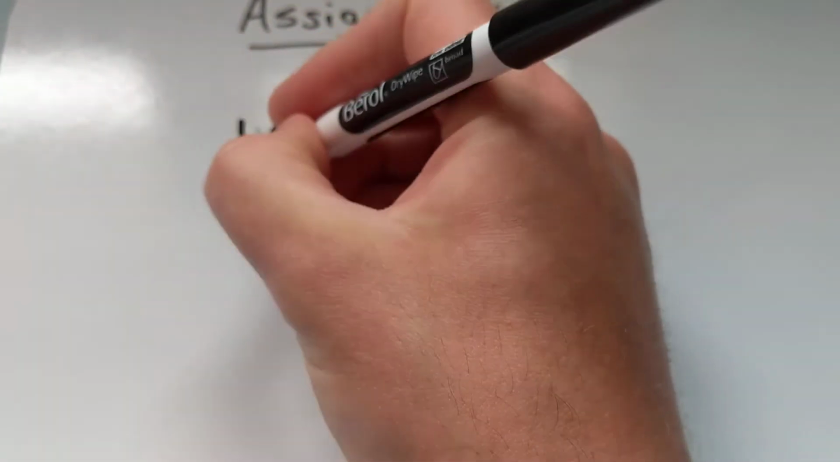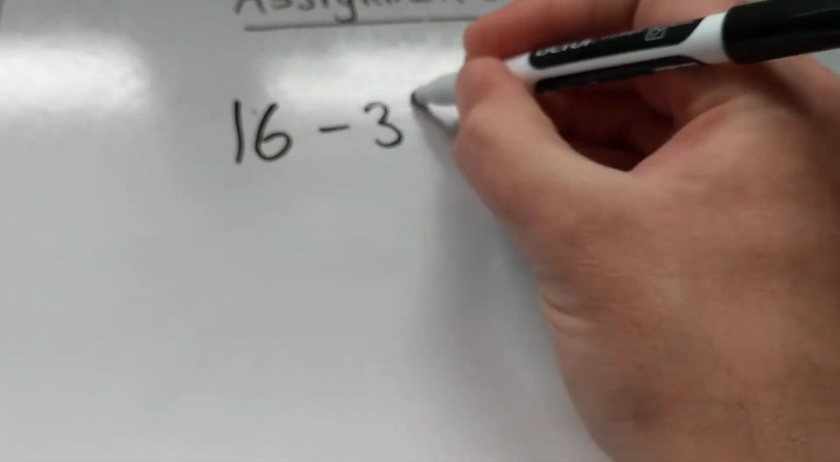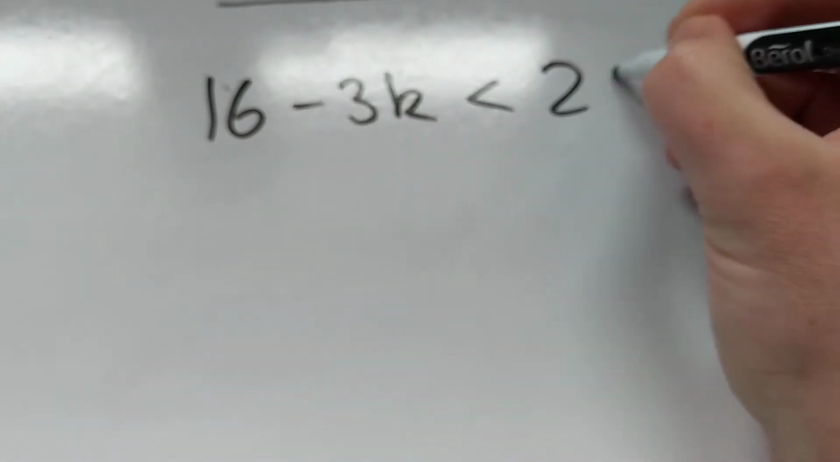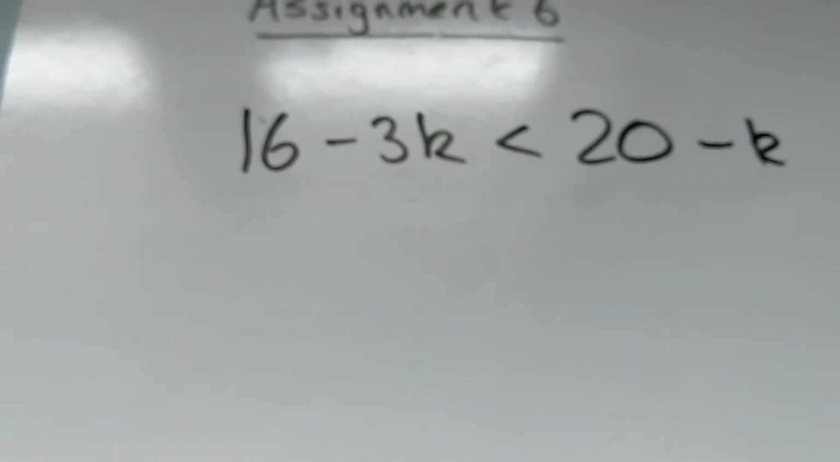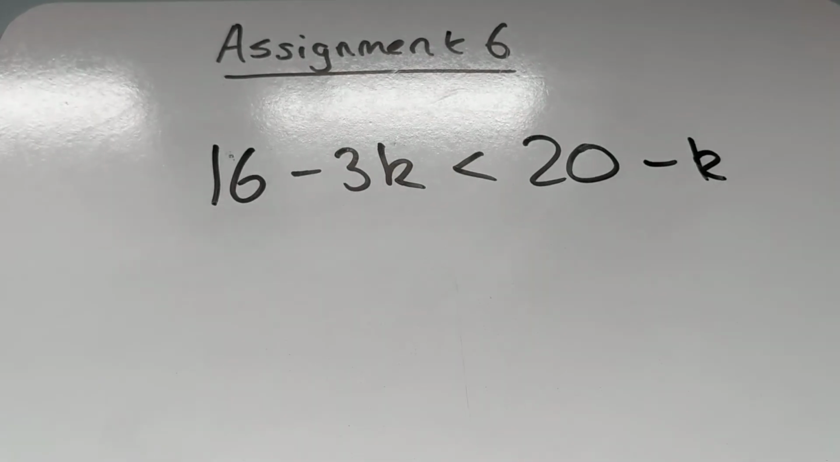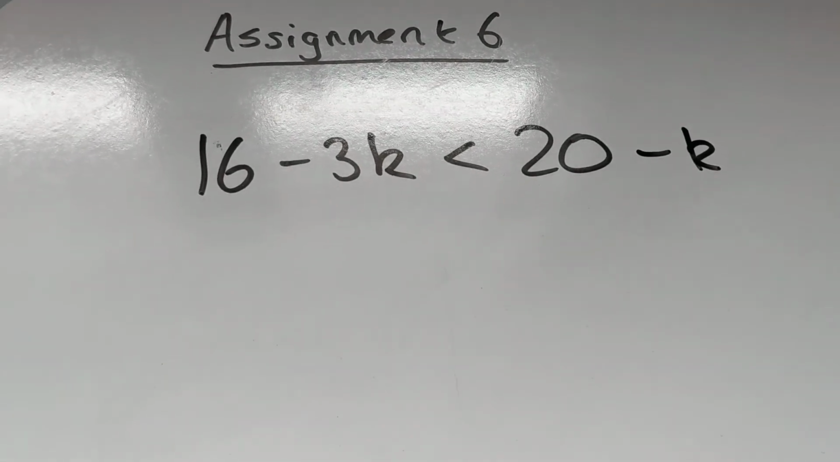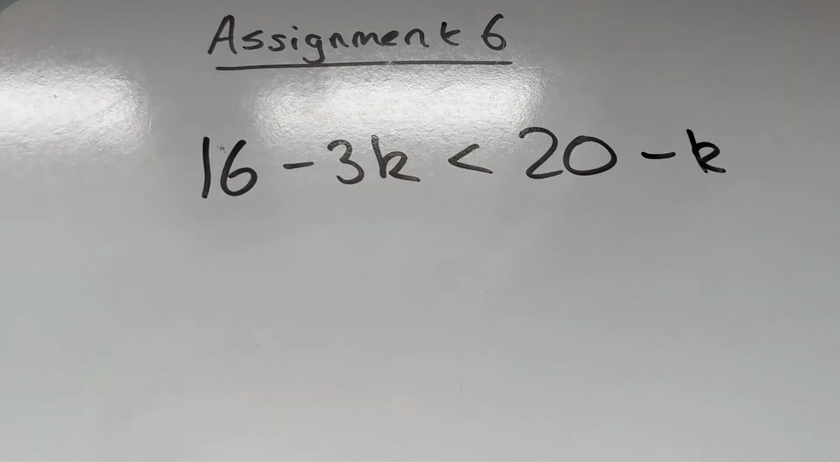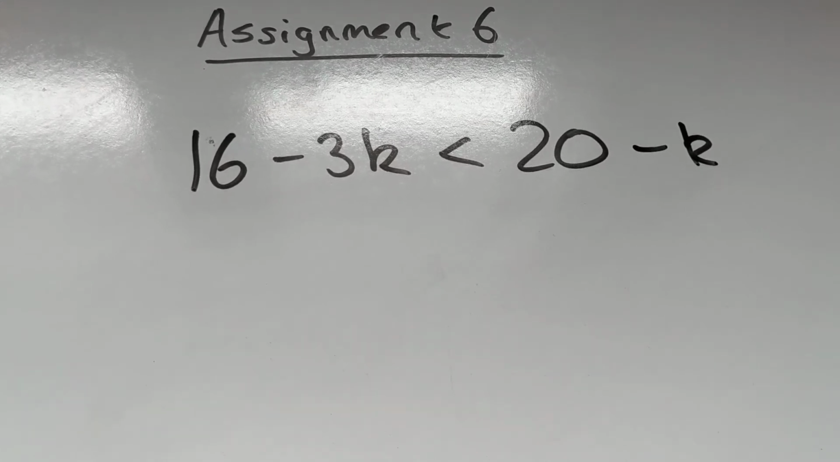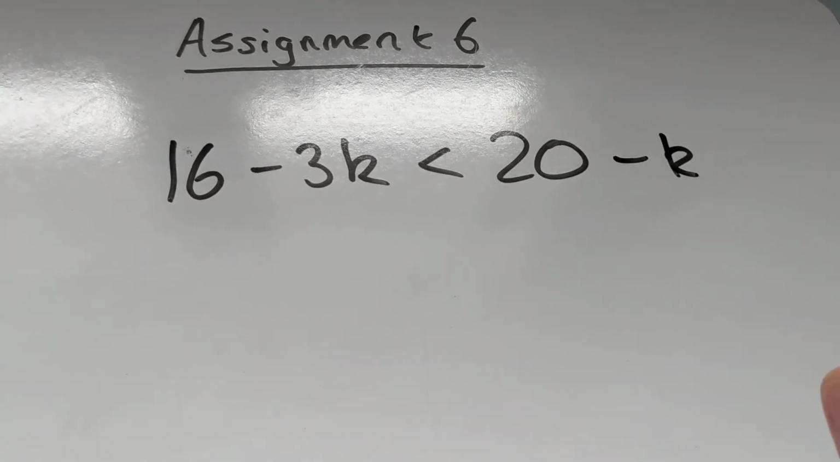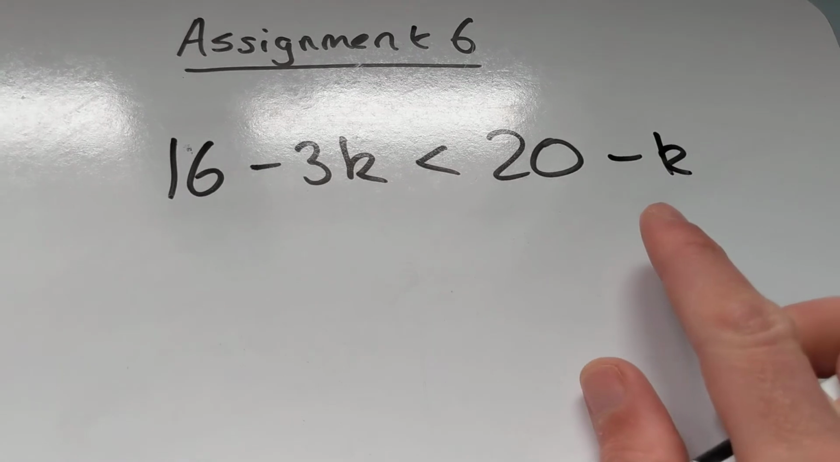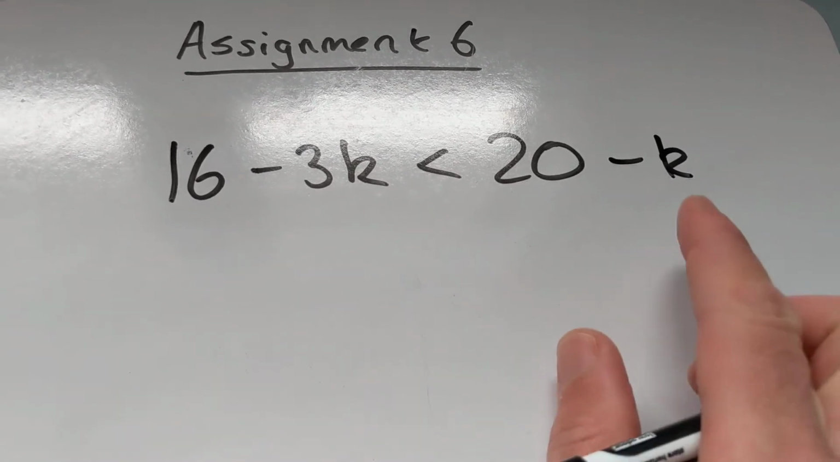Question 5. Question 5 is an inequality. 16 take away 3k is less than 20 minus k. What you want to do here, obviously, is solve the inequality as best you can. Now, a couple of ways of doing it again here, folks. I'll do it the way that I think most of you would have tried it, which is to add k to both sides to get rid of that minus k,